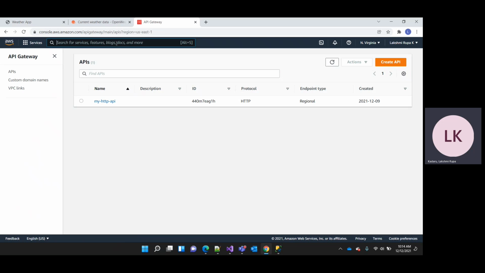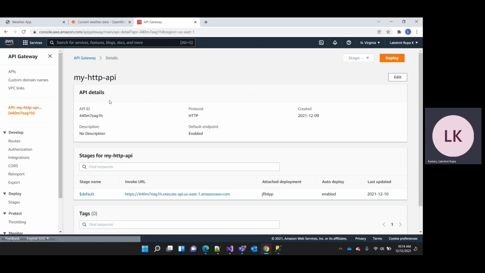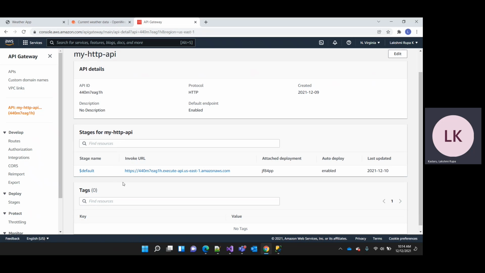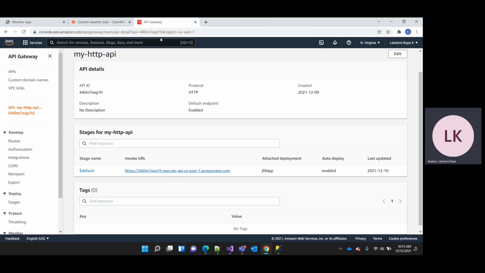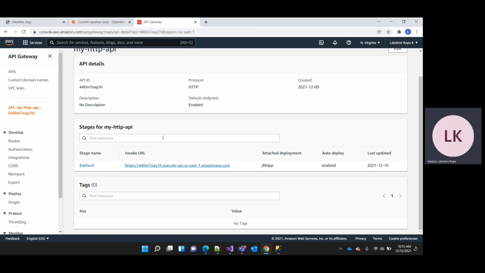Here, this is my HTTP API. After creating the HTTP API gateway, firstly, I integrated my Lambda here, and then I configured routes, and that would generate me this URL. This is my application URL, so you can use it. I created my Lambda, I created my API gateway, and then all I have to do now is deploy my application to